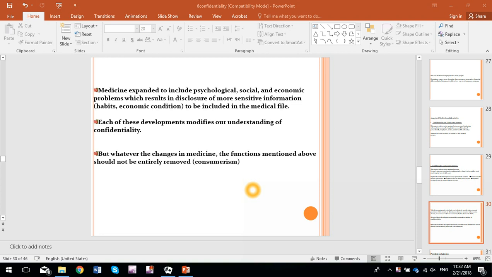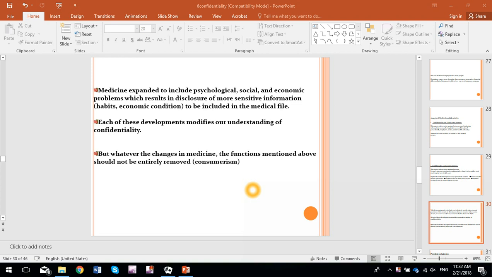Whatever happened in medicine, in the teamwork, in the rise of hospital medicine, in the expansion of medicine, does not mean that we turn from our moral obligation towards the patient and adopt consumerism, which is